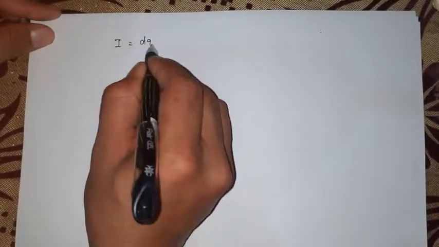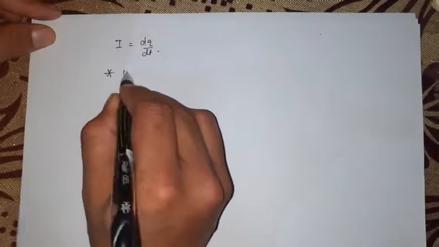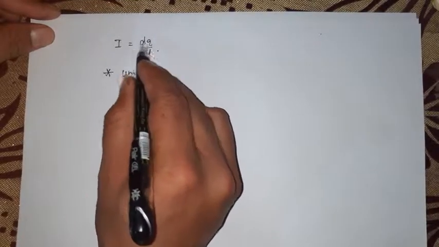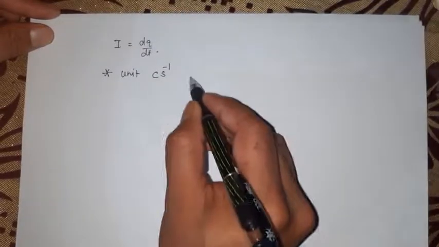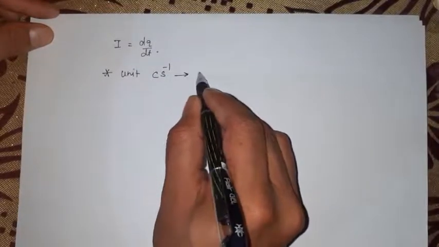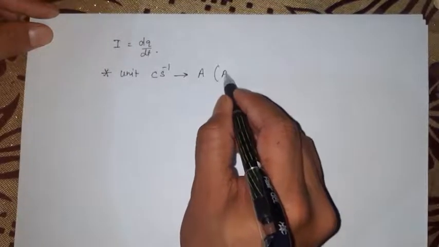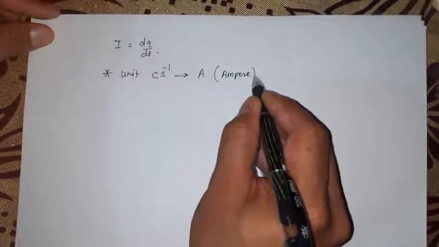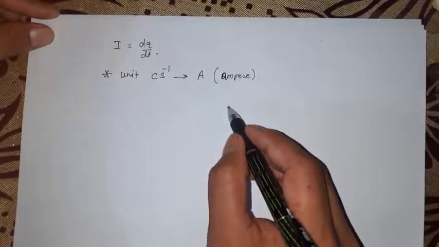So over here, if we are talking about the unit that you can use for its measurement, as current is given by dq by dt, then the current unit will be, charge is given in coulomb and time is given in second. So it is coulomb per second, and this unit is said to be ampere. Ampere is the name of the scientist, so on the name of the scientist this unit is named ampere, with a small a.